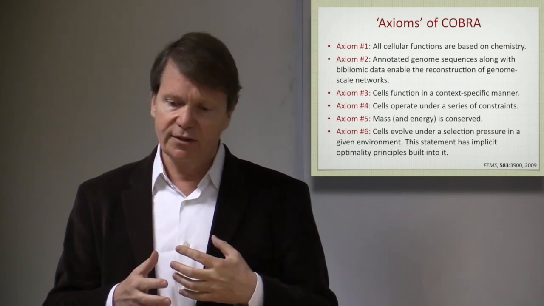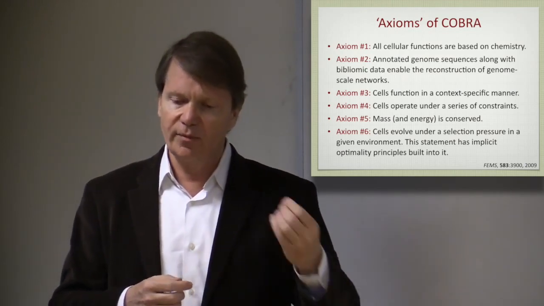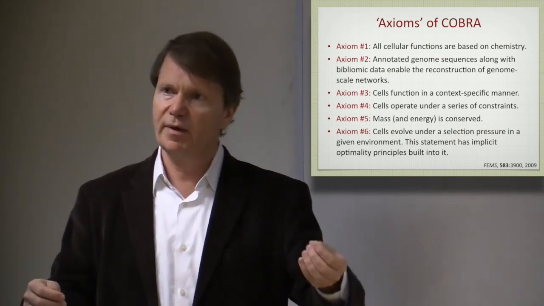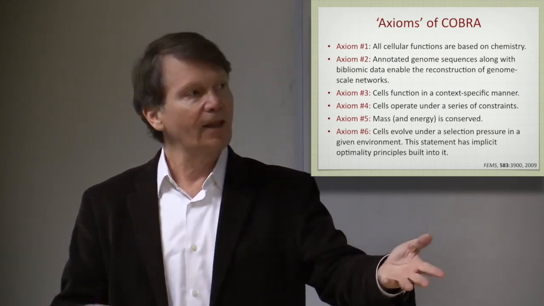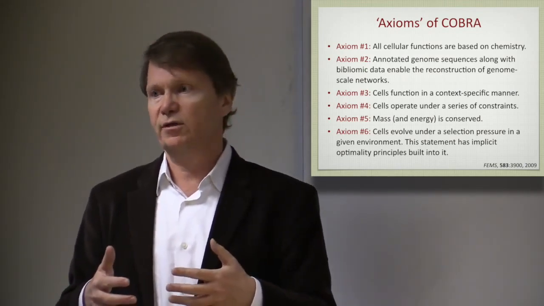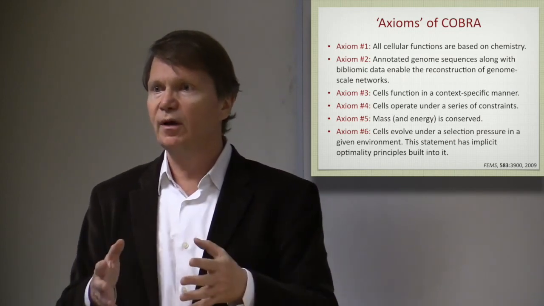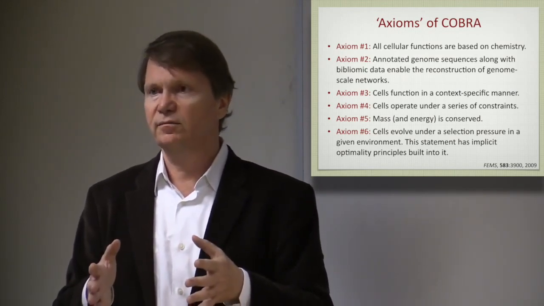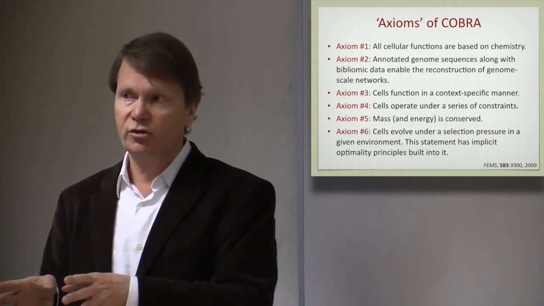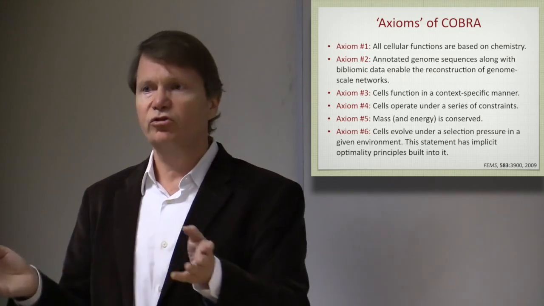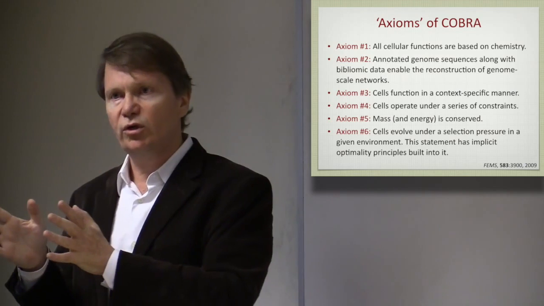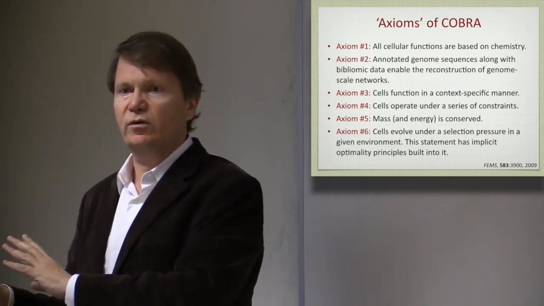But the selection process suggests that something is better than another. Because what is not good enough goes extinct, what is better survives. And that implicitly has built into it a statement of some optimality principles: that there's something optimal about the function of a living system. How we describe that may not always be clear, but in some cases we can describe it mathematically. Mitochondria try to make as much ATP as they can in a given condition. That's a statement that you can translate into mathematics and calculate with.